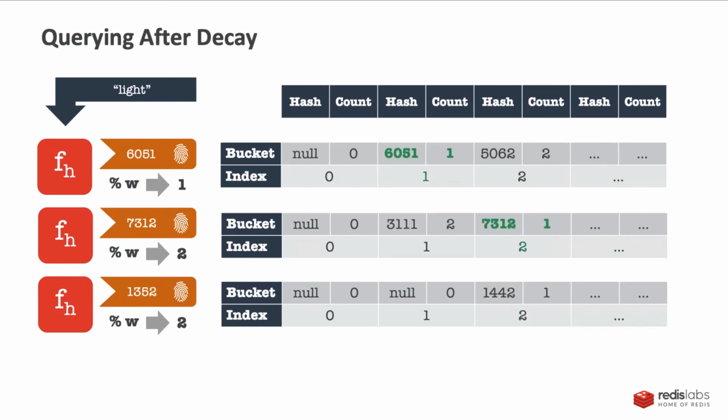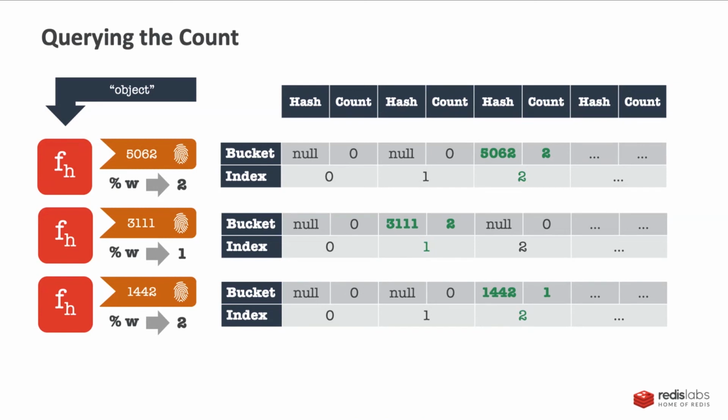Now, if we go to read light from here, we'll get results for the first two rows, but we won't have a match on the third row. But we've got two numbers, and we take the max, and it's 1, and so it tells us accurately what's in there. If we query object, we get 3 results back, 2, 2, and a 1, and we just take the maximum, which is 2, and so it's still accurate,